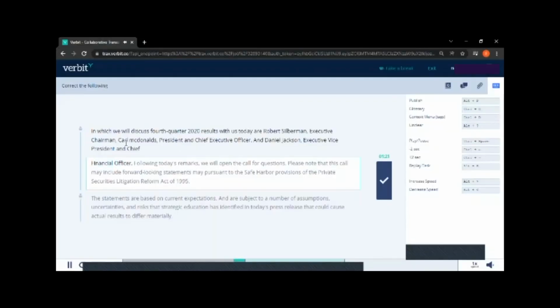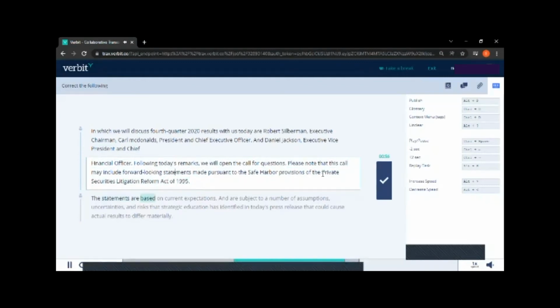Financial Officer, following Vice President and Chief Financial Officer. Following today's remarks, we will open the call for questions. Please note that this call may include forward-looking statements made pursuant to the safe harbor provisions of the Private Securities Litigation Reform Act of 1995.